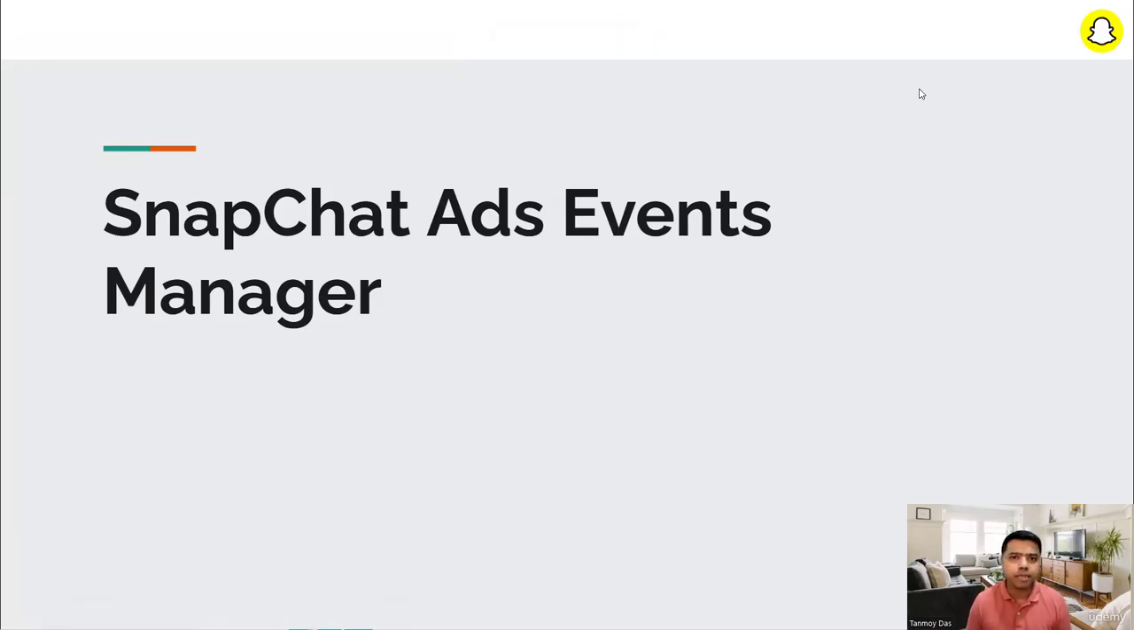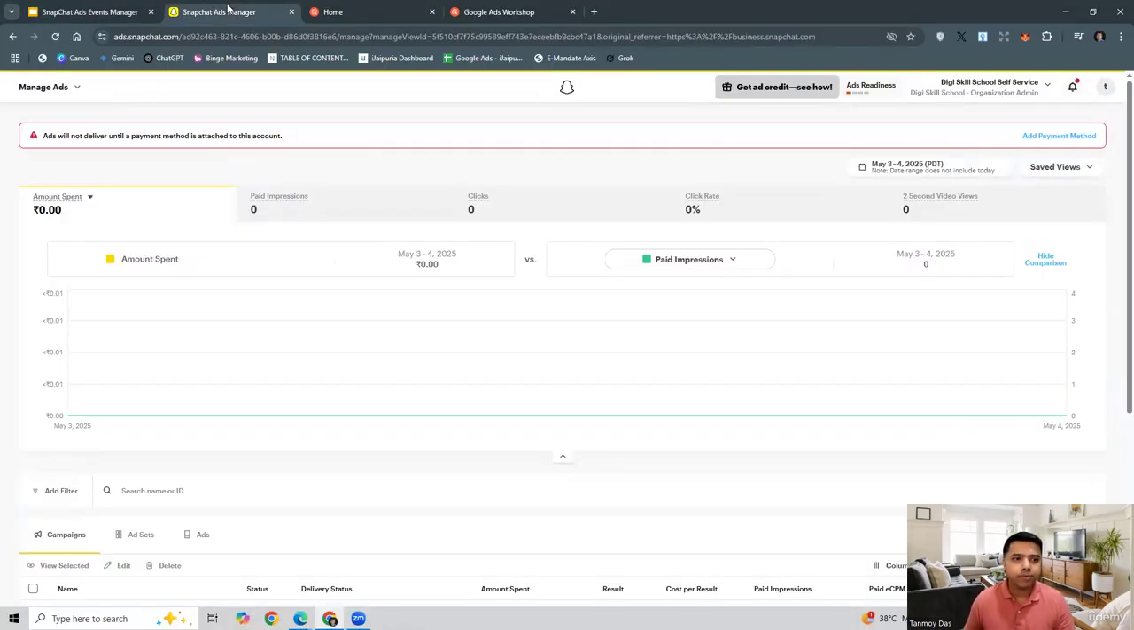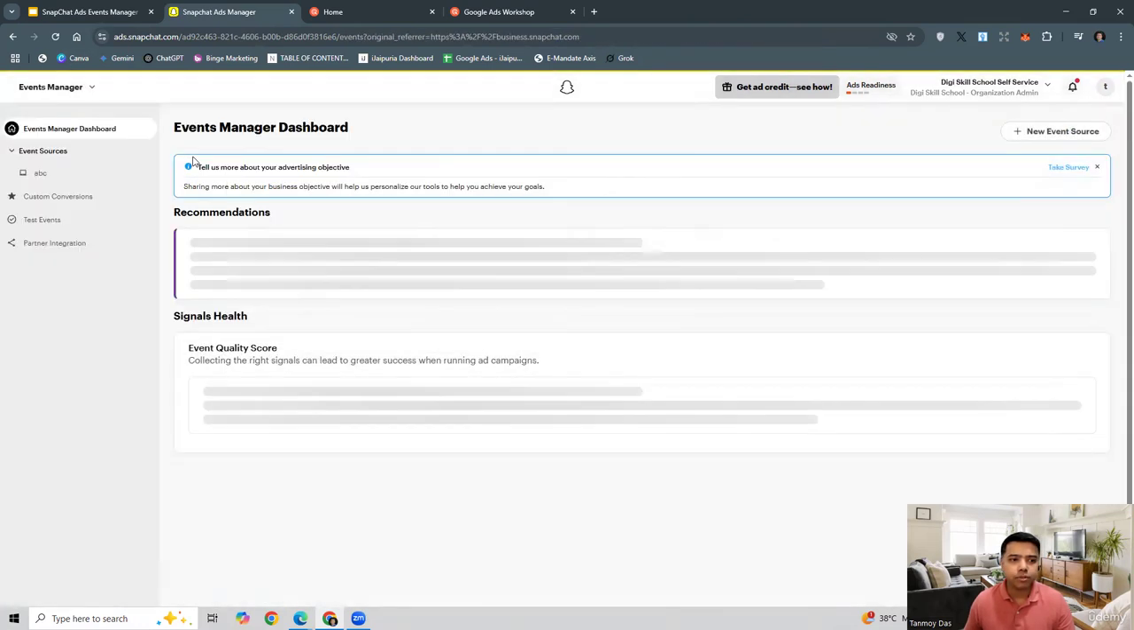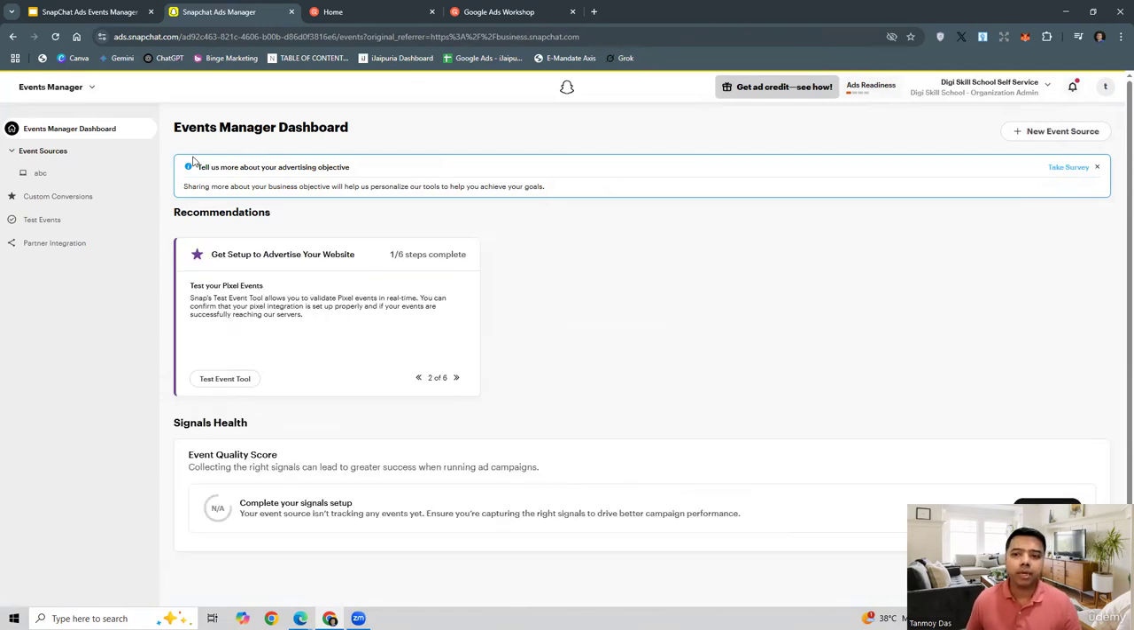So in this session, we'll see how we can set up our conversion tracking, event tracking on the Snapchat ads platform. So once we're on the platform, we can go to manage ads. And here you can see under assets, there is events manager. So this is where we are going to create a conversion action or event conversion tracking, which we can do